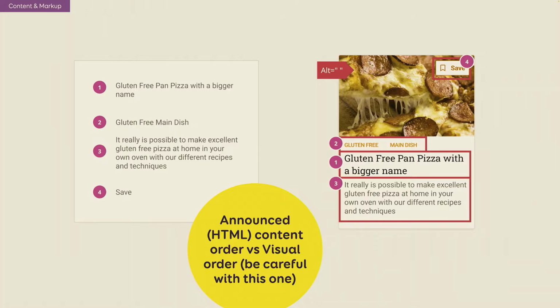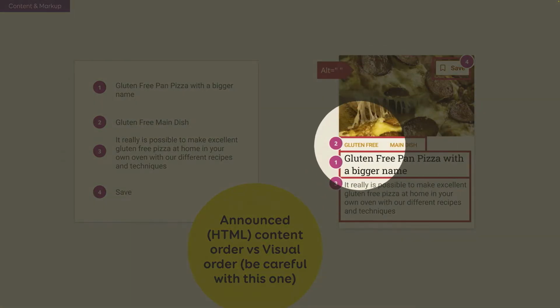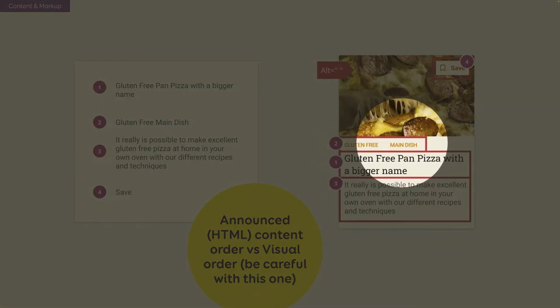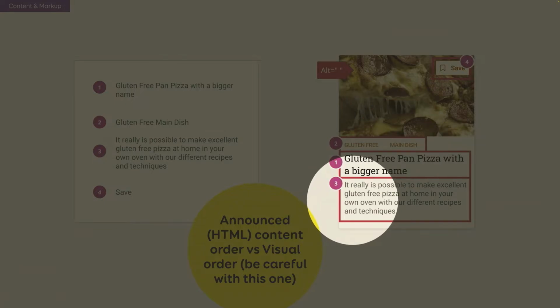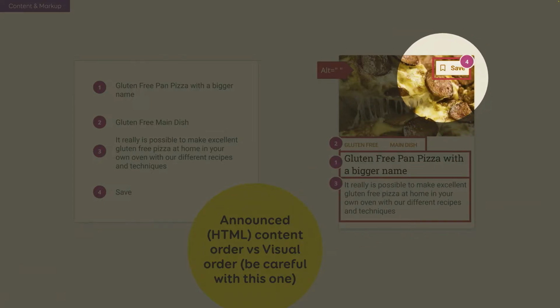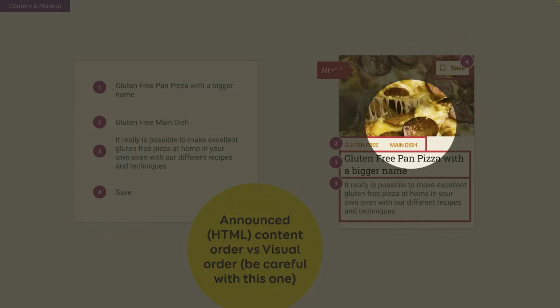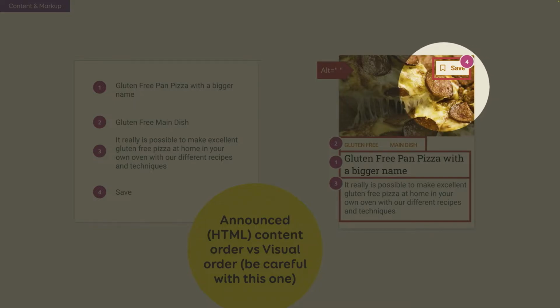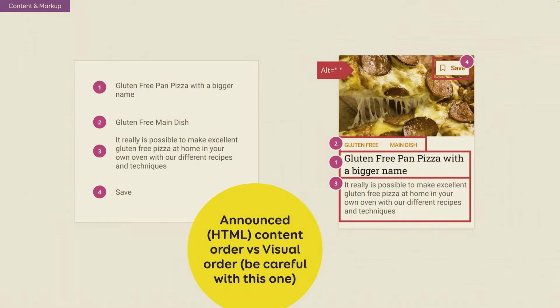So the order I want to have is first the title, number 1. Then I want the categories. Number 3 will be the summary, and then the save. Even if it's visually at the top, I want this to be announced last. The only reason is it makes sense to save it only once you read the rest. And then it's just put in here using CSS absolute positioning on top of the tile, just in order to kind of win some